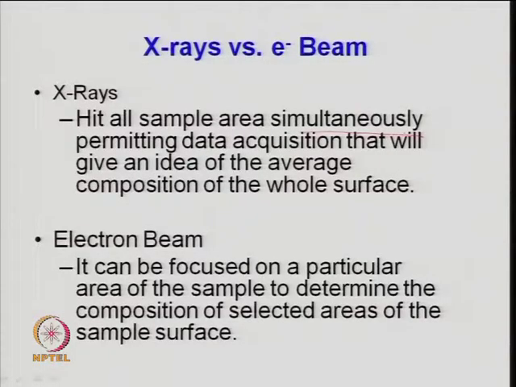So, if you look at the composition of the metal, you have to scan the surface point-wise at different locations, and then you can get more useful information. Because it hits the sample uniformly, only localized information can be obtained when you look at the chemical composition, but when you look at crystal structure, then it is good.